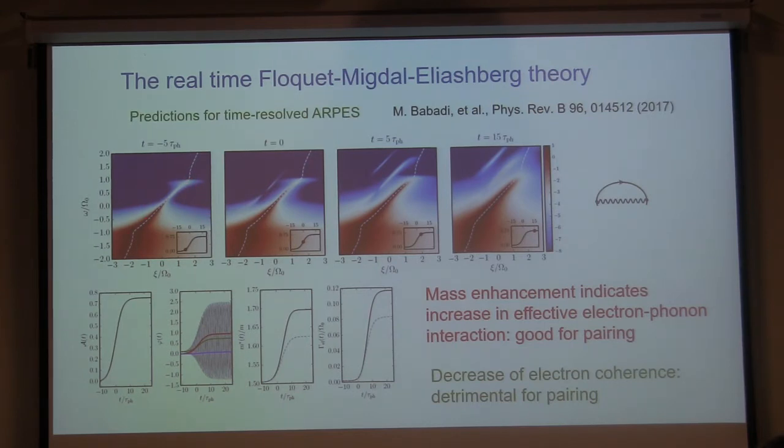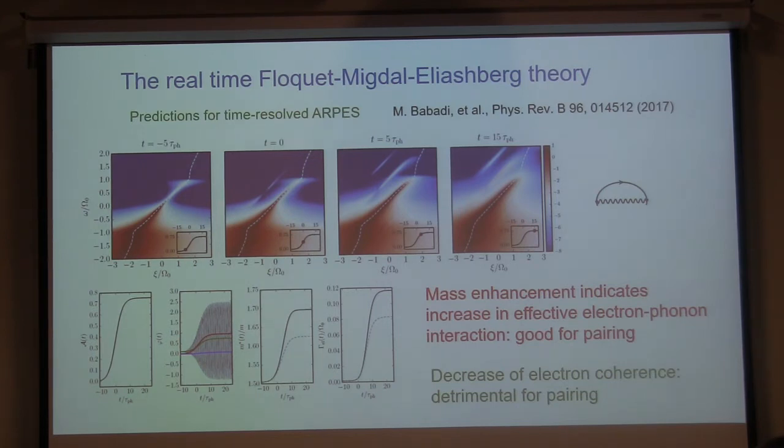If you haven't taken solid state classes, you probably haven't seen this, but this is kind of a smoking gun signature of electron-phonon interaction. It's known that because of interaction with phonons, electrons change the dispersion at energy of the order of the phonon frequency, the Debye frequency. And just by looking at the change of slope, one can tell the strength of electron-phonon interaction. Also, by looking at the width of this peak, we can tell about the decay rate of electrons. And here you can see that at the Fermi energy, with frequency equal to 0, we have a very narrow line, right? Which means that actually we have very sharp quasiparticles.